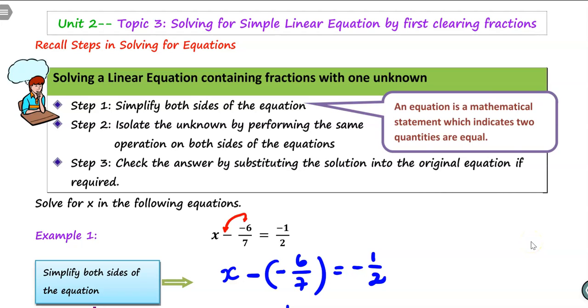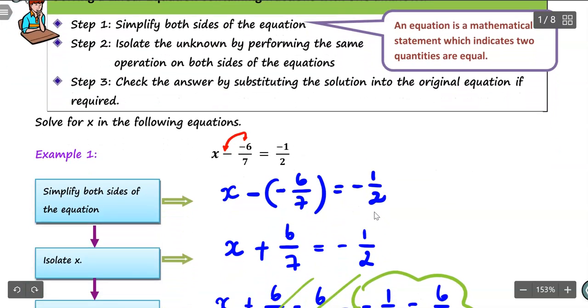Hello everyone. I would like to continue with this lesson. This lesson said that we are solving a simple linear equation, but involving fractions. So why do we call it a simple linear equation? Because it's actually quite simple: we clear the fraction first, and then we apply all the steps to solve for a simple equation. Okay, so what we have in this case is we are having